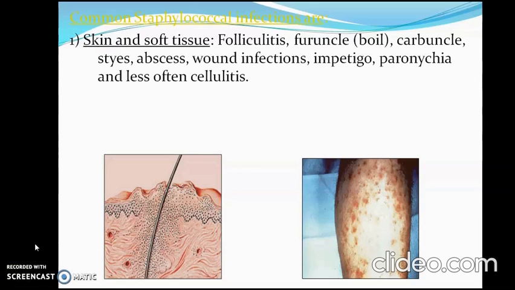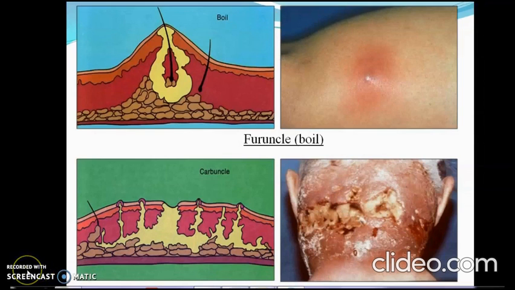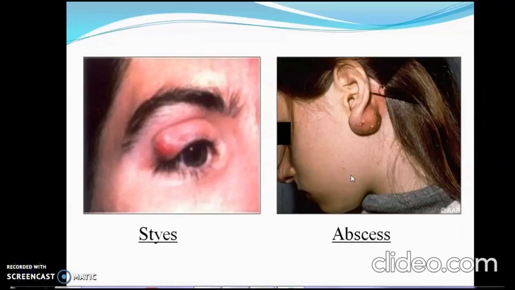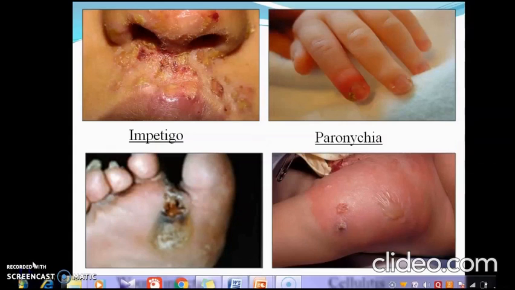These are all the names of certain skin infections that are caused by Staphylococcus. Abscesses are pockets of pus that collect in tissues or organs or spaces inside the body. And these are the images of other skin infections like impetigo, paronychia,